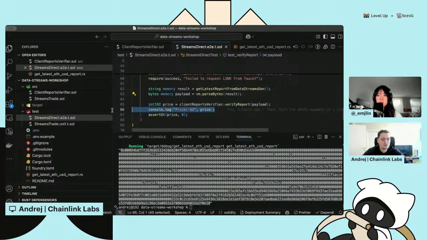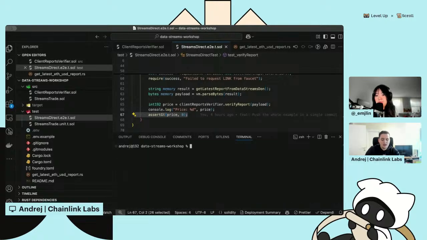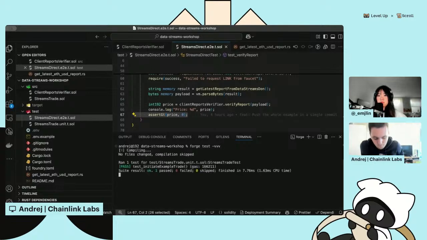What we're going to do is console log this price, just so you can see it in the terminal, and most importantly, assert it is greater than 0. So it's like the valid price. To do that, I'm just going to run forge test -vvv so we can see the console log, hit enter, and we're now waiting for